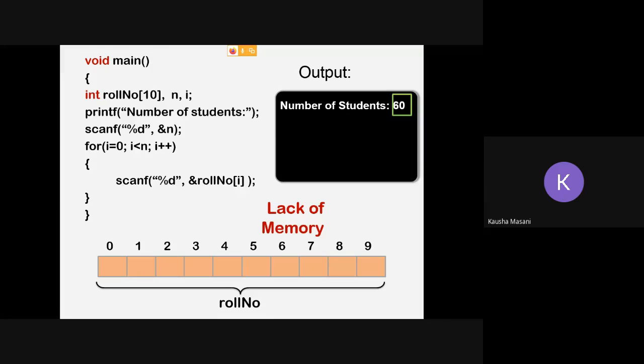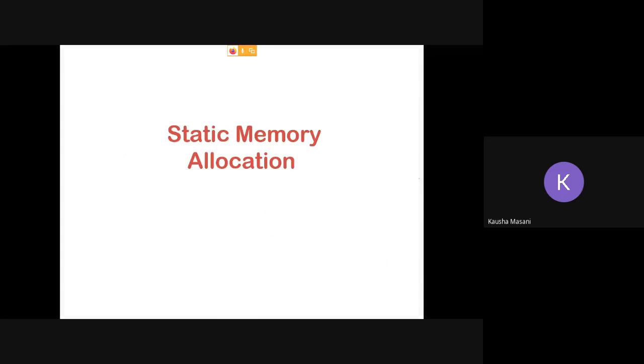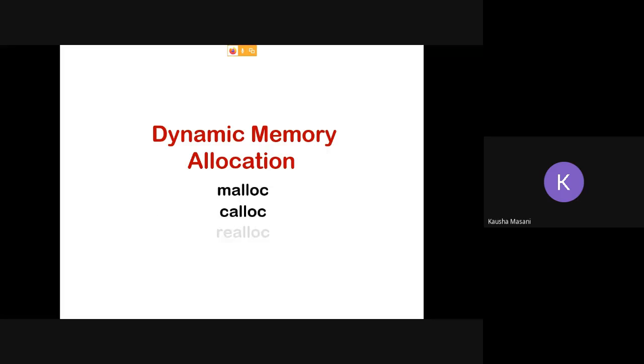So in that case, we are introducing the dynamic memory allocation part, because in static memory you cannot change the size of your allocated memory. All right, so that's why we are moving to dynamic memory allocation. And dynamic memory allocation has these predefined functions: malloc, calloc, realloc and free. These are your 4 functions.